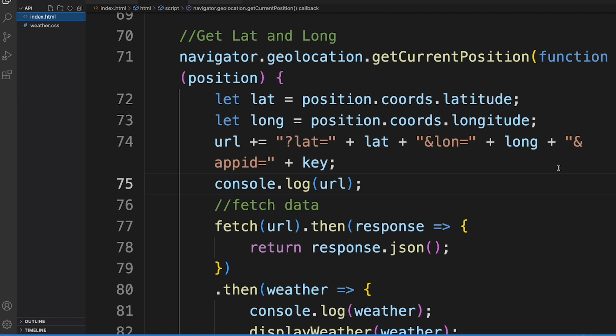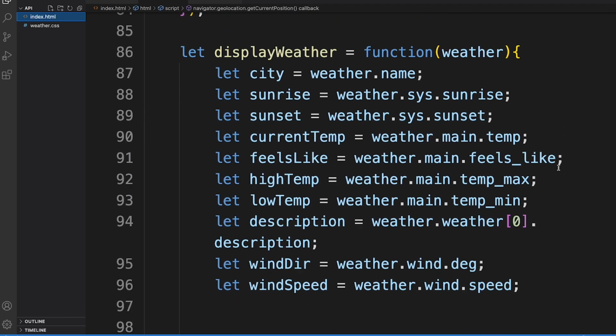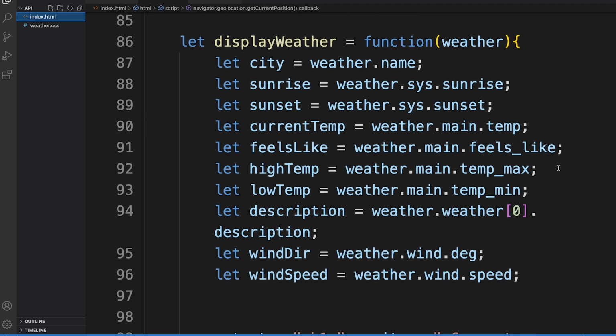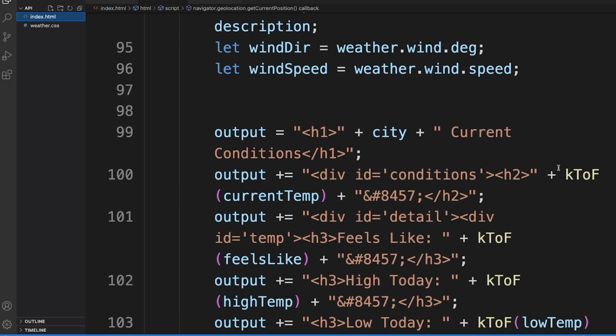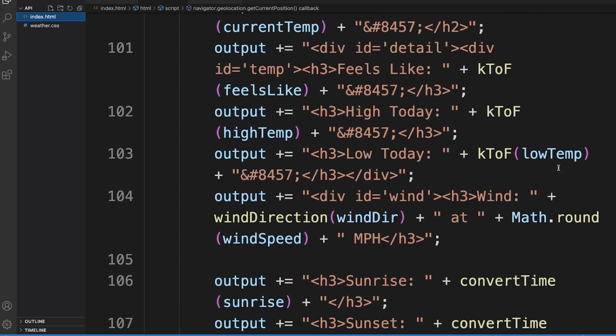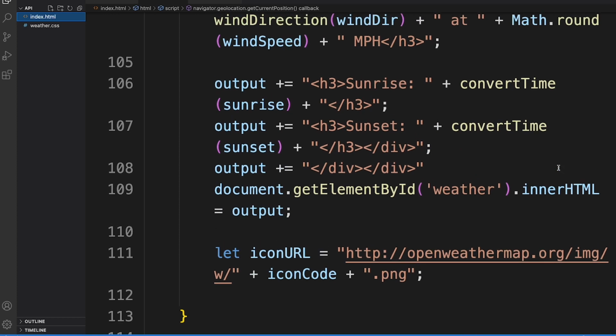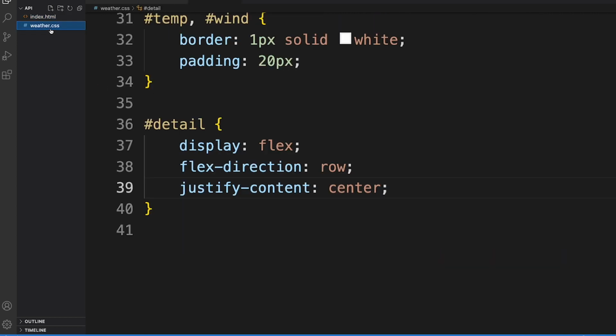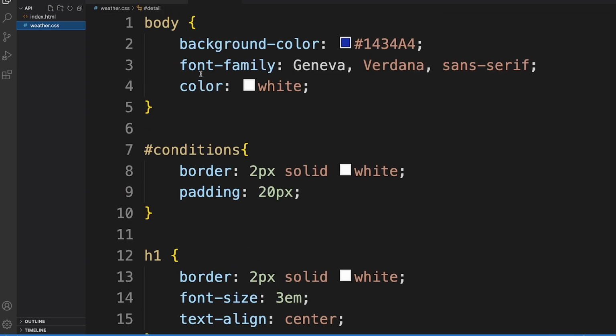It takes that JSON response, extracts out the data that we want, the city, the sunrise, the sunset, etc. It creates HTML encapsulating all that data in a display. On line 109, it places that display in our actual document, with all of our data being styled by our CSS.